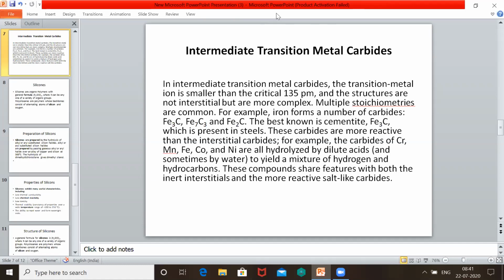Interstitial carbides. First, salt-like carbides means carbides of carbon along with metals of first A group, second A group, and third A group, that too boron and aluminum, are metallic carbides. And suppose if the difference of electronegativity between carbon and that element which is forming carbide is very less or equal, they form covalent carbides. So boron and silicon form covalent carbides. As I told you,